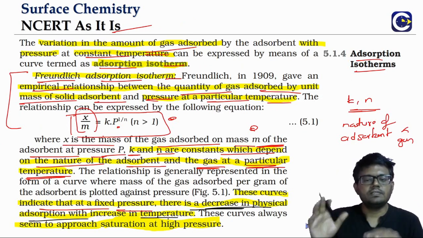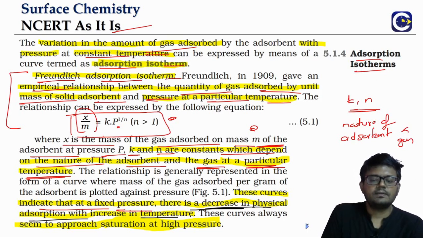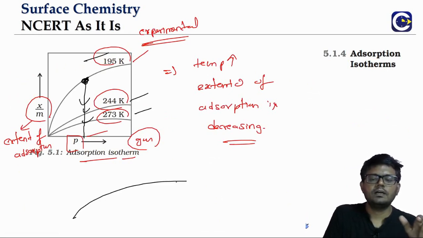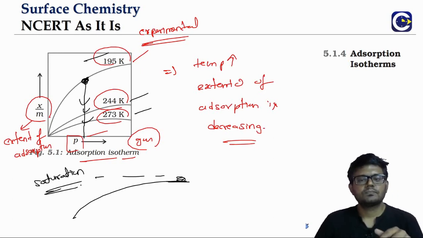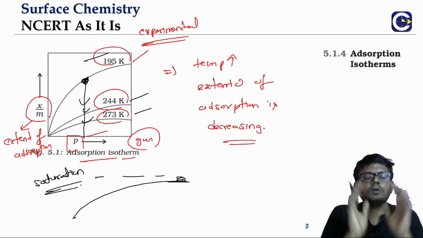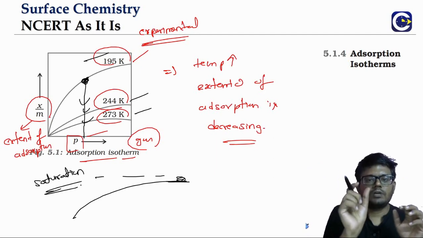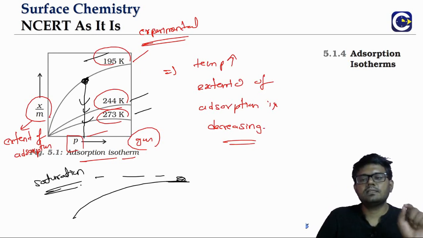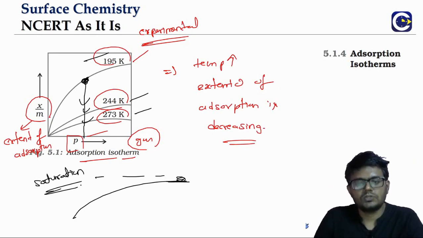And one more thing that we will see from these experimental curves is, we will reach saturation at high pressure. What is this saturation? We see all the curves getting to a level, which we call the saturation level. So we are reaching a saturation amount of the adsorbate per unit mass of the adsorbent. And in a while we will see that this is one of the drawbacks of the Freundlich adsorption isotherm equation.